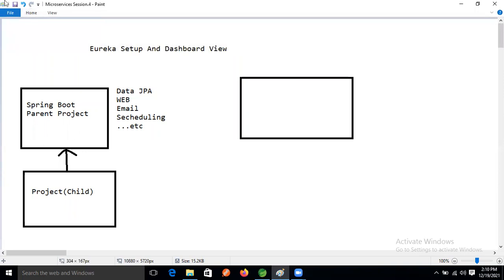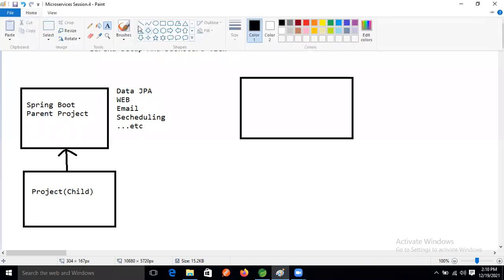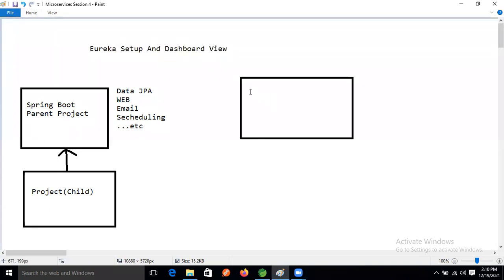Here, whenever we are learning now, this is the Spring Boot parent project. Using the Spring Boot parent project, which kind of programming are we enabling now, guys? Data JPA, web, email and scheduling kind of programming we are enabling now.